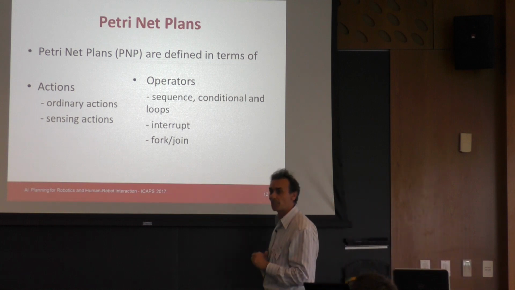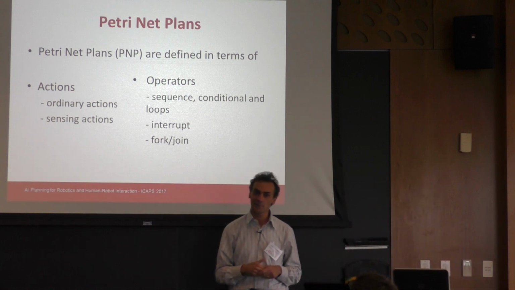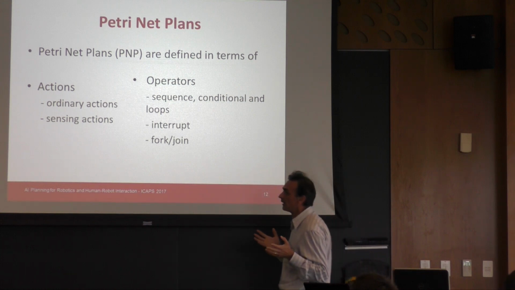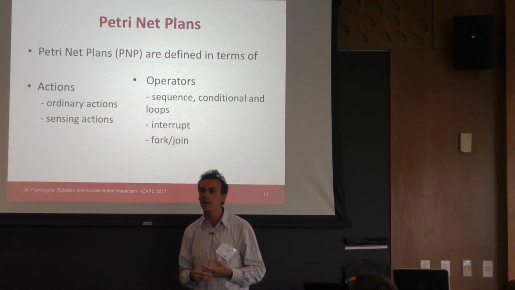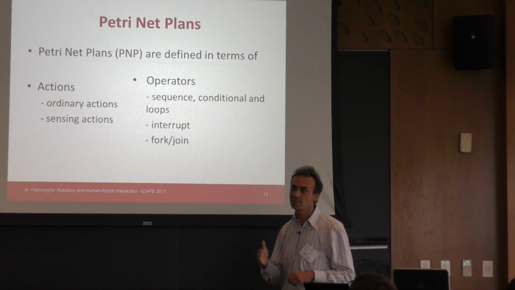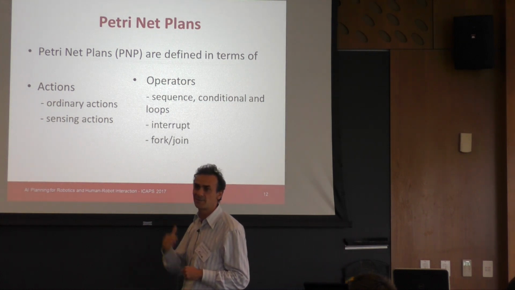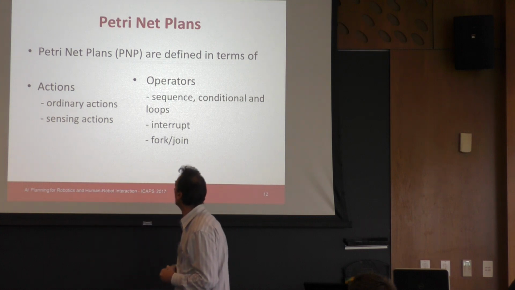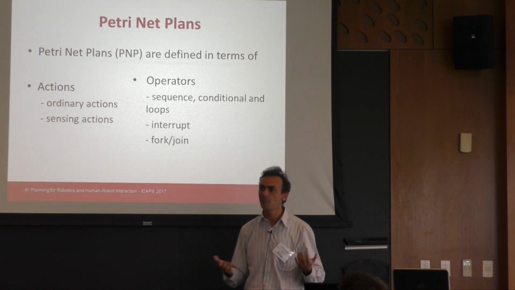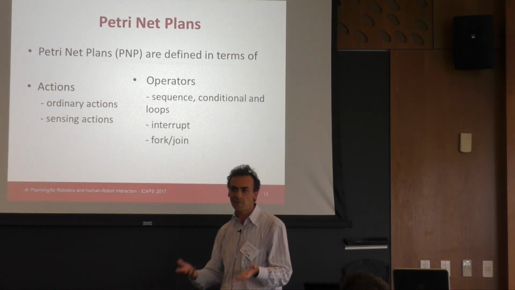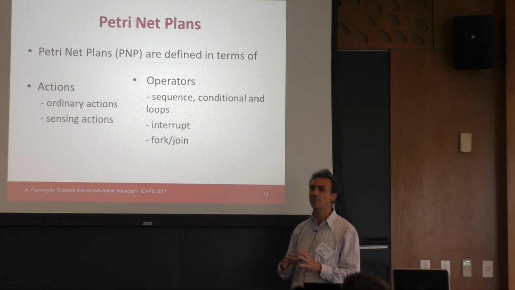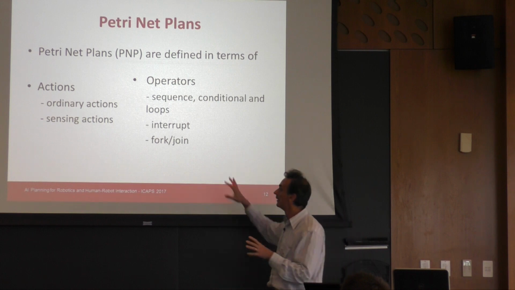So what are Petri net plans? It's a representation formalism to represent plans with Petri nets that introduces some constraints about how the Petri net can be formed. So a Petri net plan is a Petri net, but it is not true that any Petri net is a Petri net plan. Okay? So the idea is to not accept any possible Petri net, because then it becomes difficult to prove some properties and also to run algorithms there. But have that the Petri net plan is a proper combination of these elements.